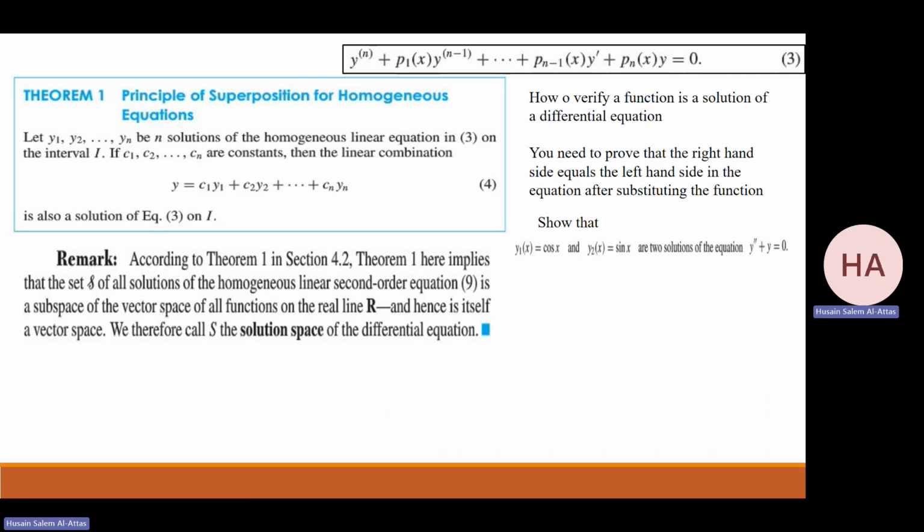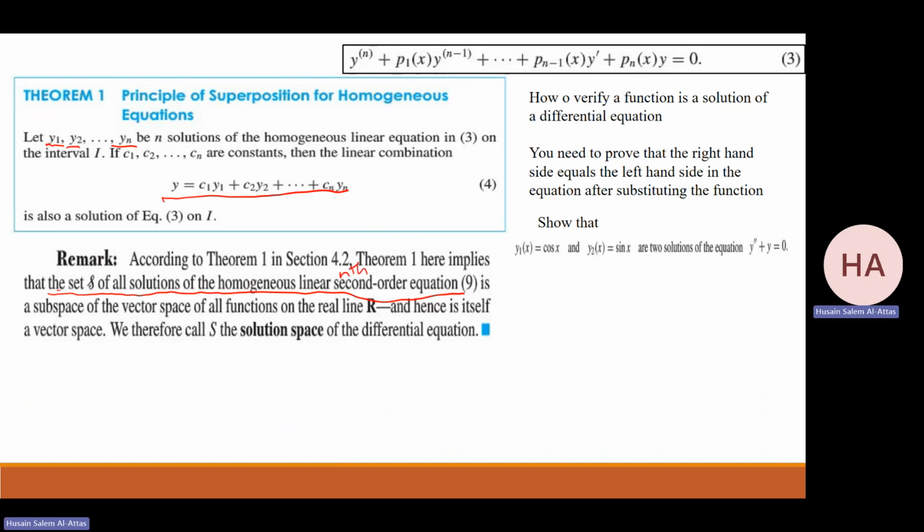Okay. Now we have what's called the principle of superposition, which is an easy thing. It means what? If we have solutions y1, y2, up to yn, n solutions, a linear combination is also a solution. Now, that will help us towards what? That means if I have the set of all solutions of the homogeneous linear second order or nth order equation, same idea,